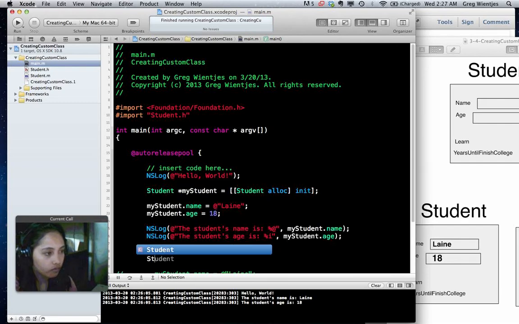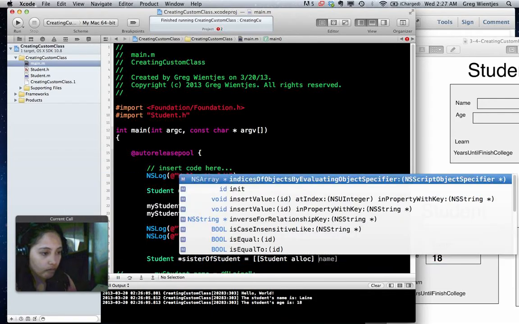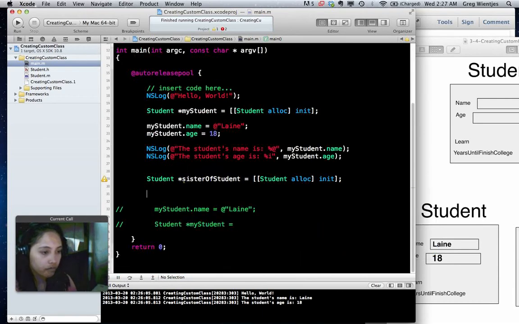We'll say Student, so that's the class, and we'll just say sister of student, and we'll allocate memory for the sister. Alloc init, and then again,